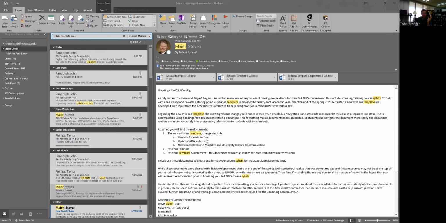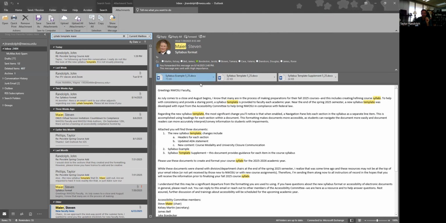We've also updated our ADA statement, which we actually do every beginning of every fall. And we also have some new content regarding course modality and communicating university closure. So there are three new changes that they're highlighting. If you pull up the syllabus example, if I can pull that up really quickly,